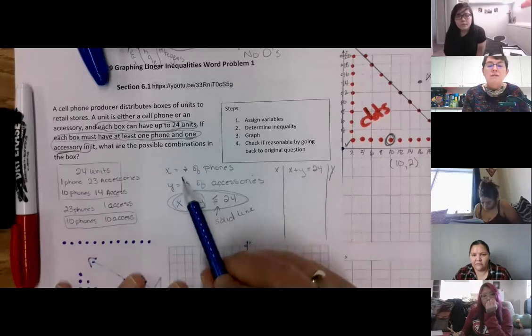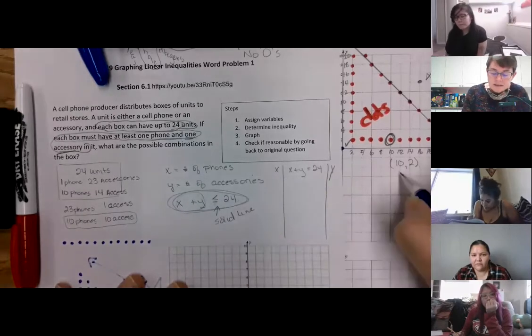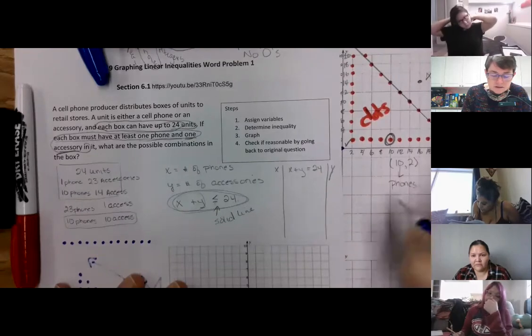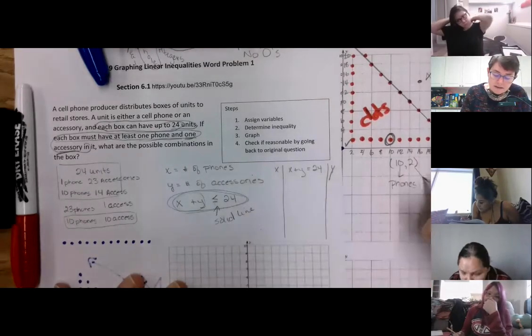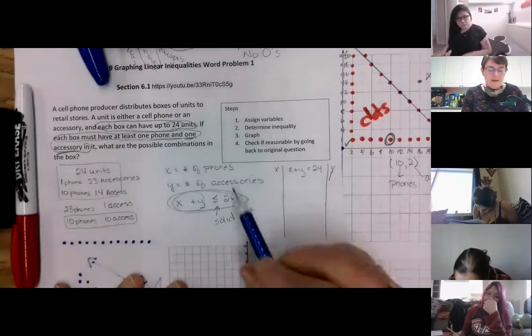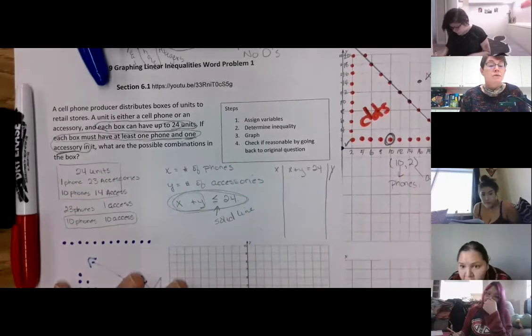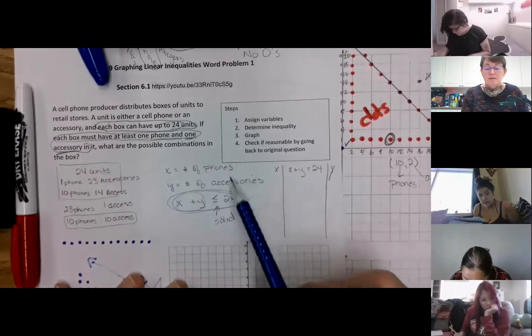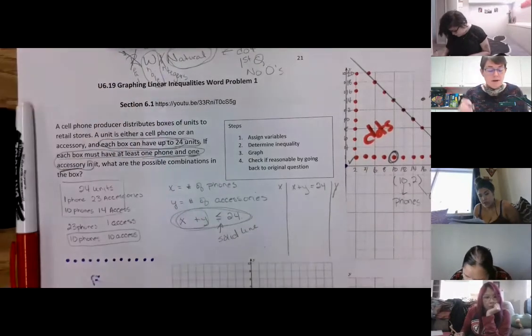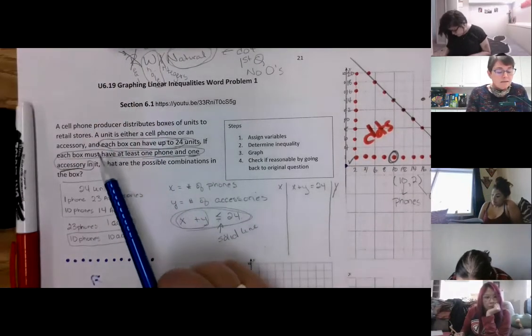We said when we started that X was our number of phones. So this represents 10 phones. And the Y is the accessories. And that's why it's kind of important to label that stuff when you start. Okay, so the question says,